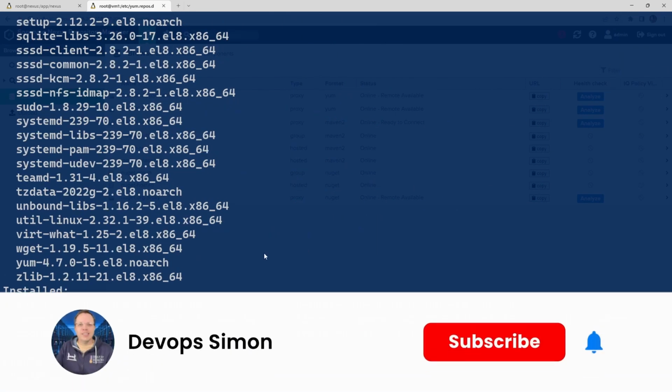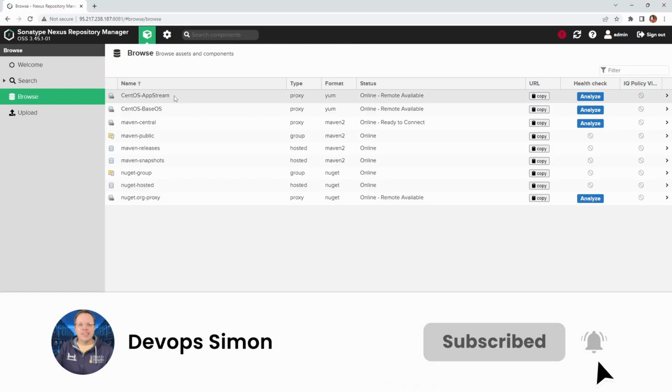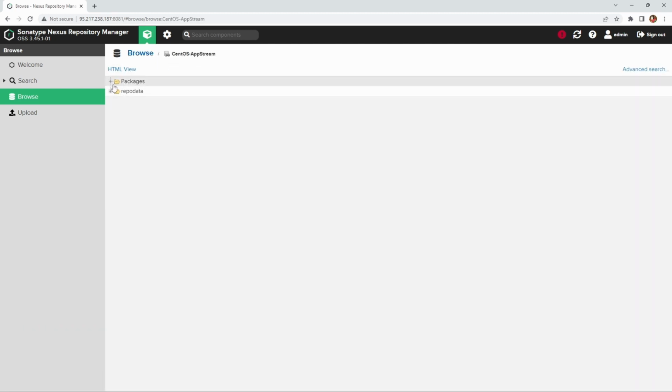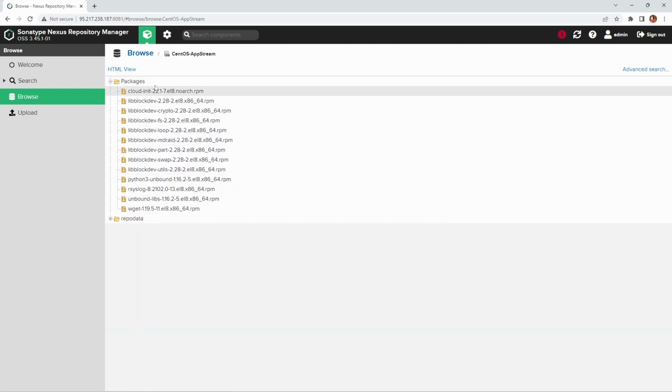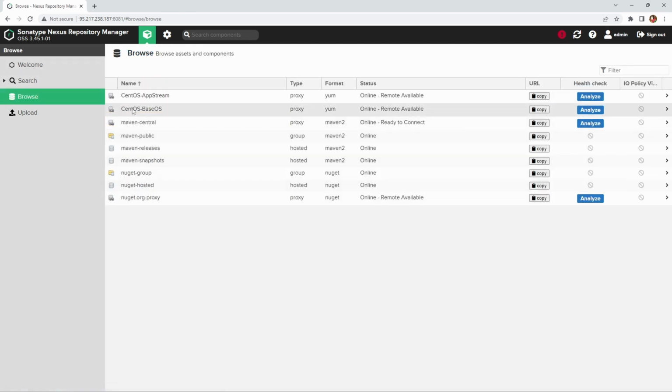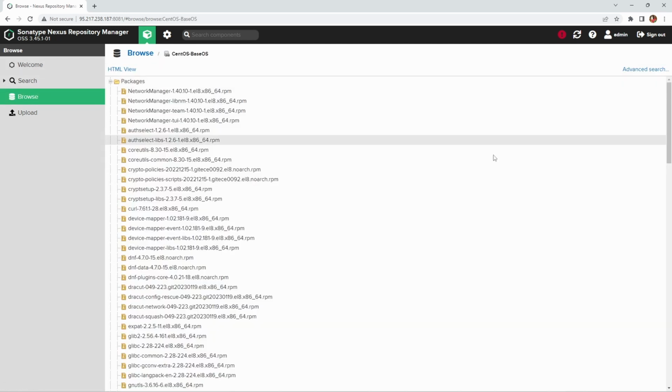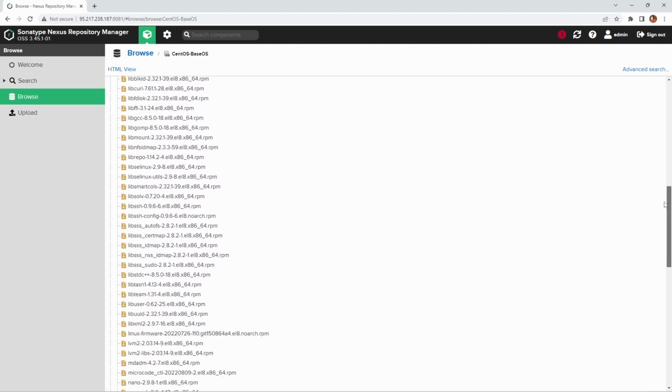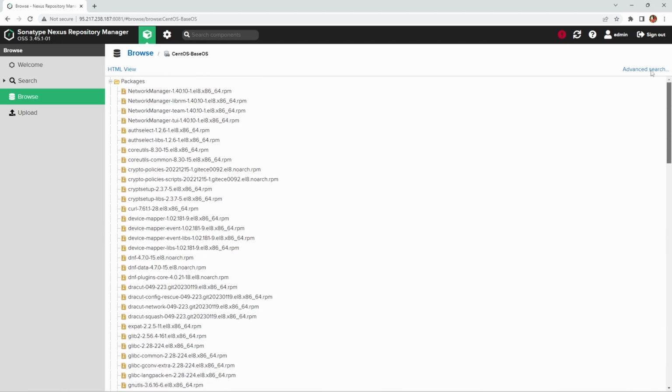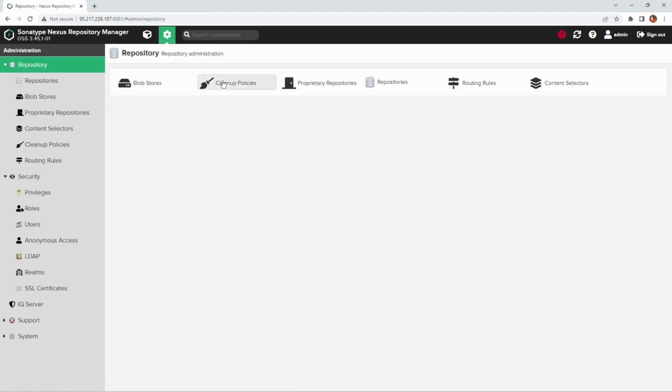Okay, so that update is done. We should see now in Nexus, we've got a few packages in AppStream, but as you can imagine, inside base OS, there's a hell of a lot more. Okay, so next thing we'll look at, if we go back into the server administration and click on repositories again and create repository,